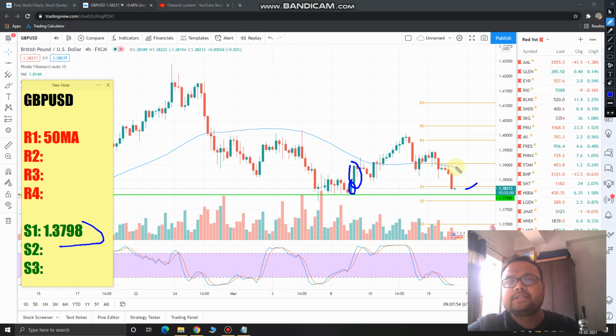So your 50 moving average is the first resistance. So wait for the market to hit this level, hit this level and then bounce back, and then you can go for a buy. So this is your strategy number one. And on the other hand, if market crosses this level,